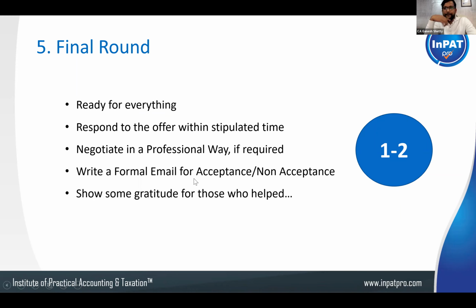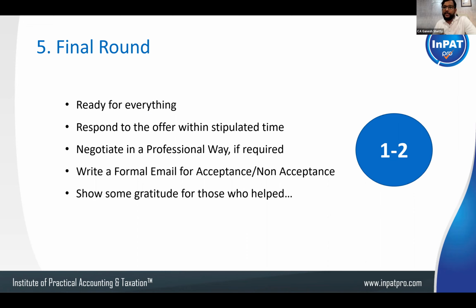Similarly, you should respond even if it is negative. If the offer is rejected or you receive an email saying you are not selected, you should be able to respond: thank you for the opportunity. It was a great time, hoping for the better, will apply again in future, something like that. Whatever format you find or write on your own, write it in proper English and send it to them. Okay. Then the last one is very, very important, guys.